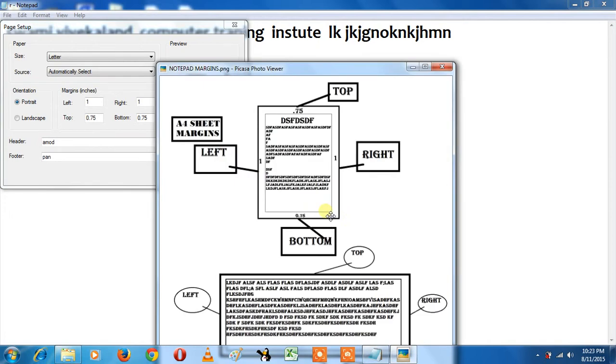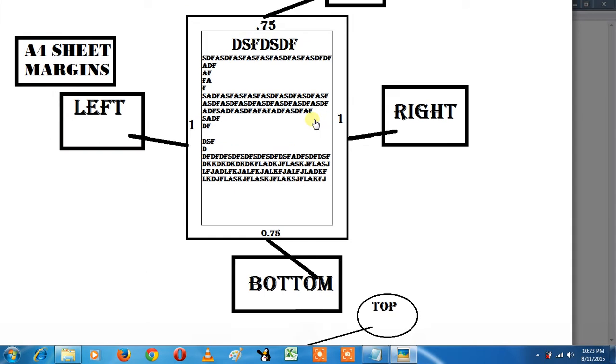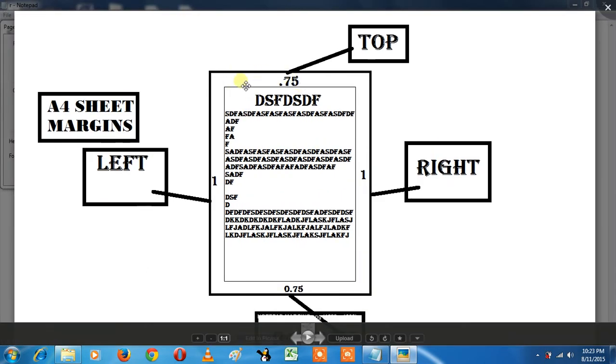Look at that, this is a margin. What is margin? You do not write anything from here, this is a 1 inch margin. Okay friend, and this is a 0.75 inch margin. You do not write anything outside the margin. Inside the margin you can write whatever data you have selected.